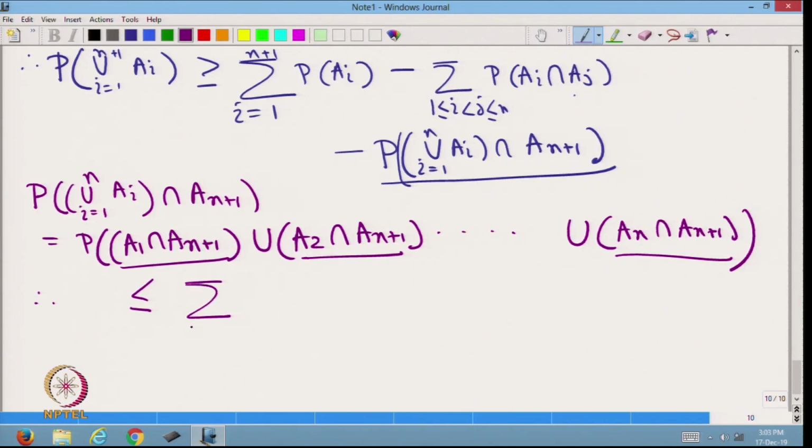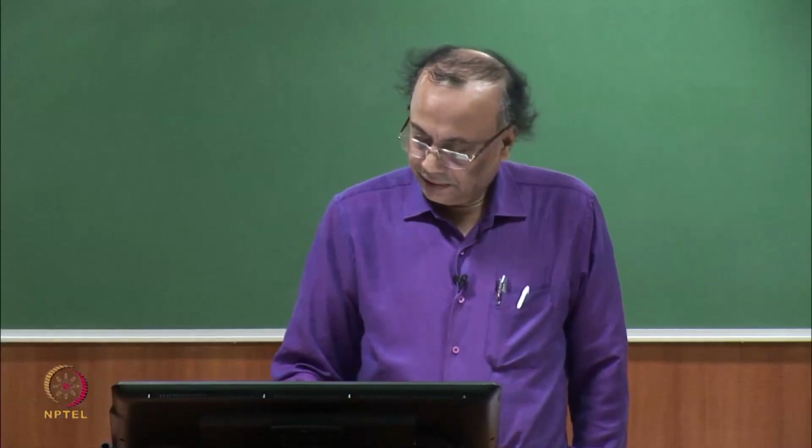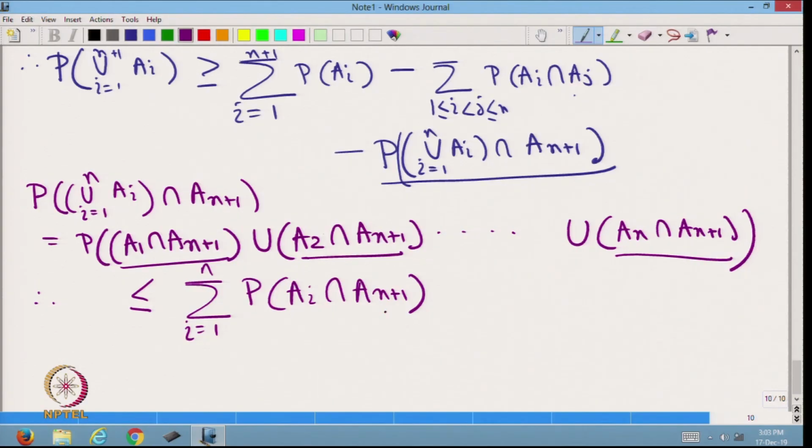sigma i is equal to 1 to n of probability of Ai intersection A(n+1), because these are union of n events. We have seen in the first result that this union has to be less than or equal to the summation of probabilities of the individual events. Therefore,